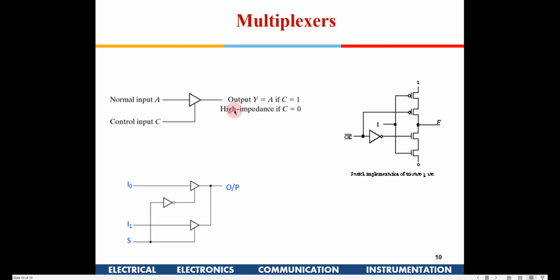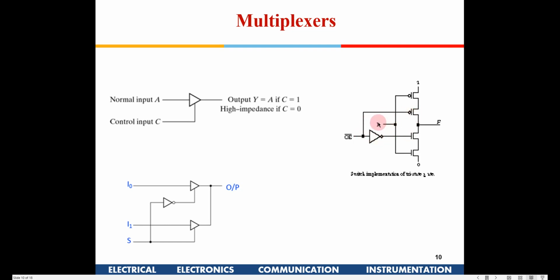So this is hardware wise, and if you see the CMOS implementation, it looks something like this. We'll learn about CMOS later on in the course. So don't get too worried about this CMOS implementation as of now, because I'll teach you CMOS implementation towards the end of the course. I'm just giving a rough idea as of now.